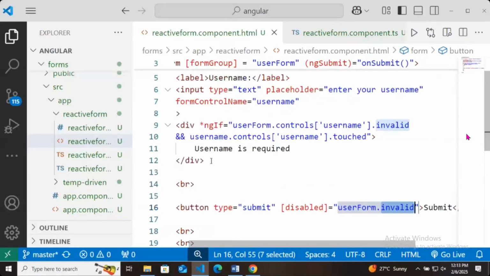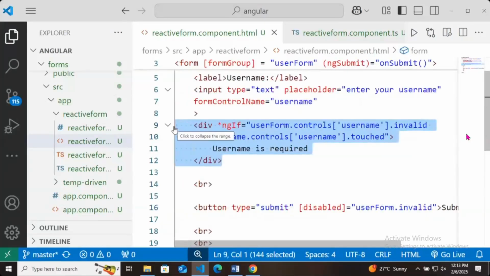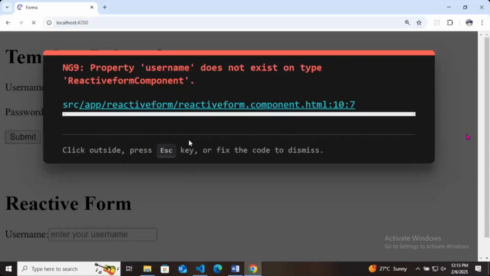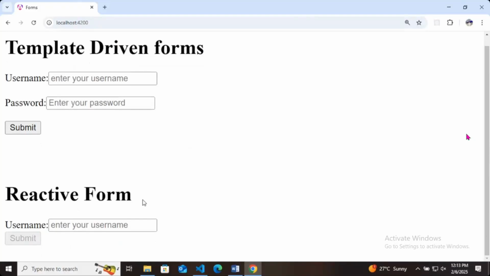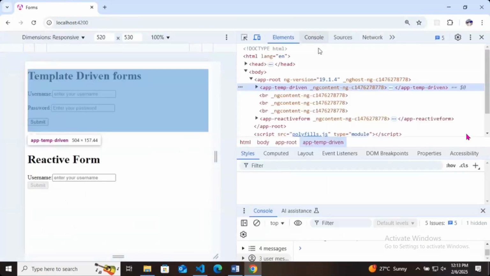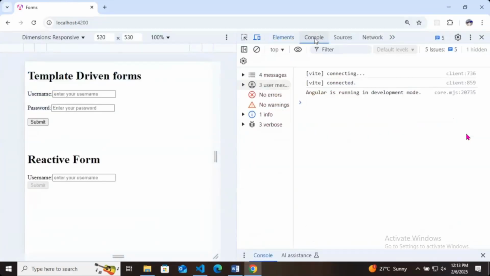Let me first remove this div. So you will see that right now this submit button is disabled. It means you cannot click on this because the username is not getting validated. For using these kinds of things, you have to use a reactive form. Now it is reacting to your action: until you write a good username, I will not let you